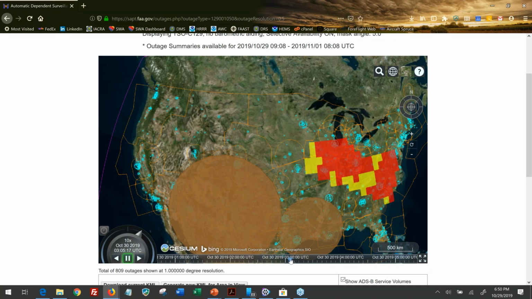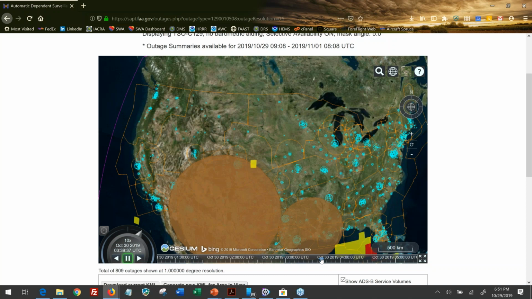I can see here on my timestamp that that's just after 3 Zulu time on the 30th, so that's about 3 hours from now. 3 hours from now, if you're in any of those areas, you're probably not going to have good ADS-B coverage. Now, I'll slide it over about 40 minutes later, not even 40 minutes later, and that's what it looks like.